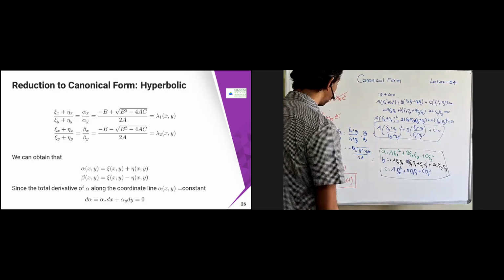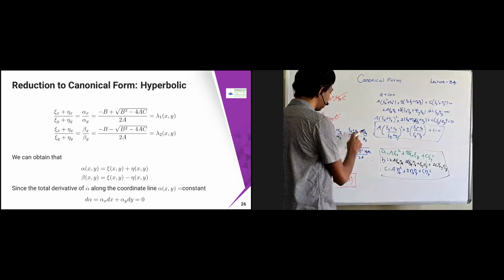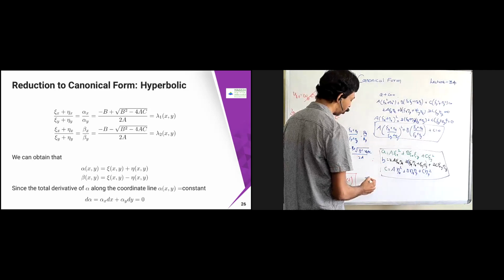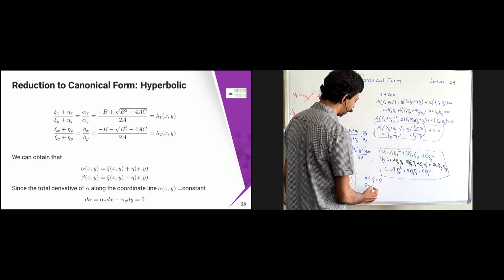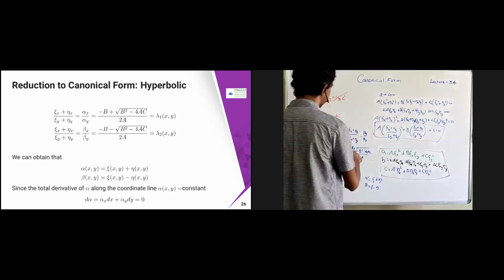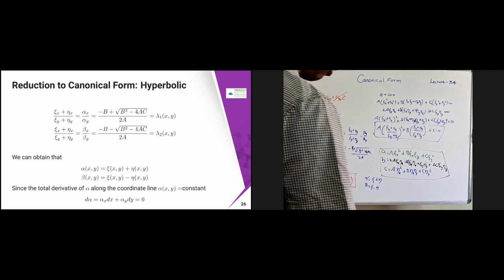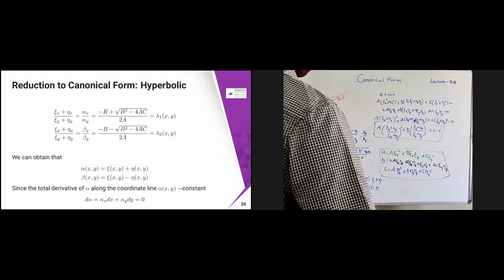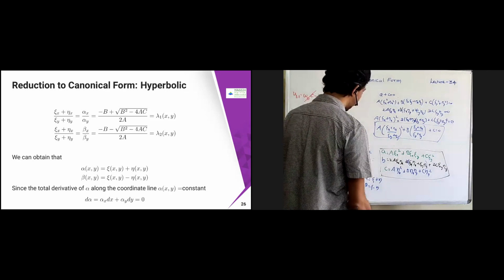So what I'm going to define, alpha is nothing but, since there is chi and eta, alpha I'm going to denote as chi plus eta, and beta I'm going to denote as chi minus eta. That way the plus and minus symbols will come. So in that case, instead of solving in the chi, eta coordinate, you are going to solve it in the alpha, beta coordinate.